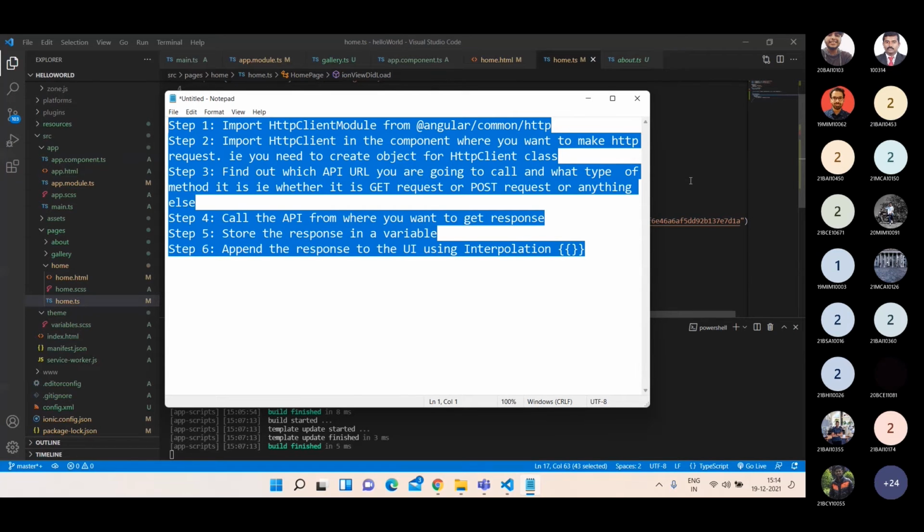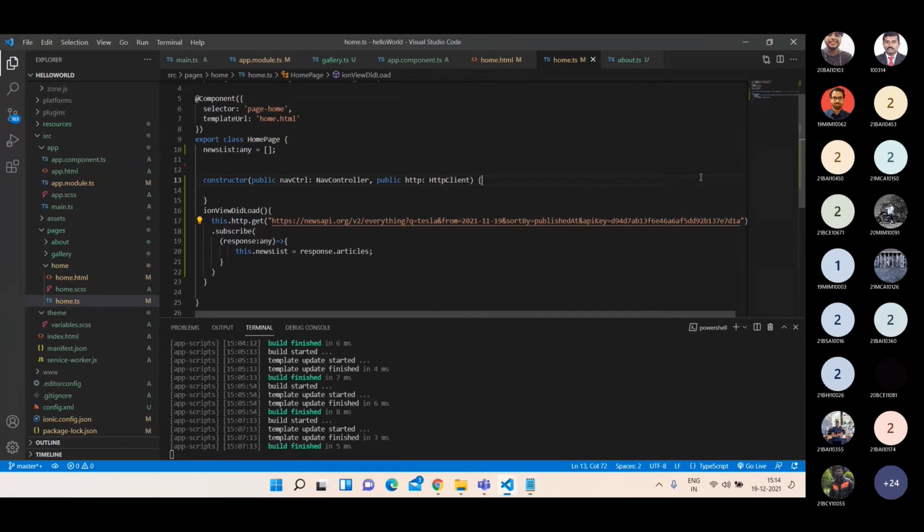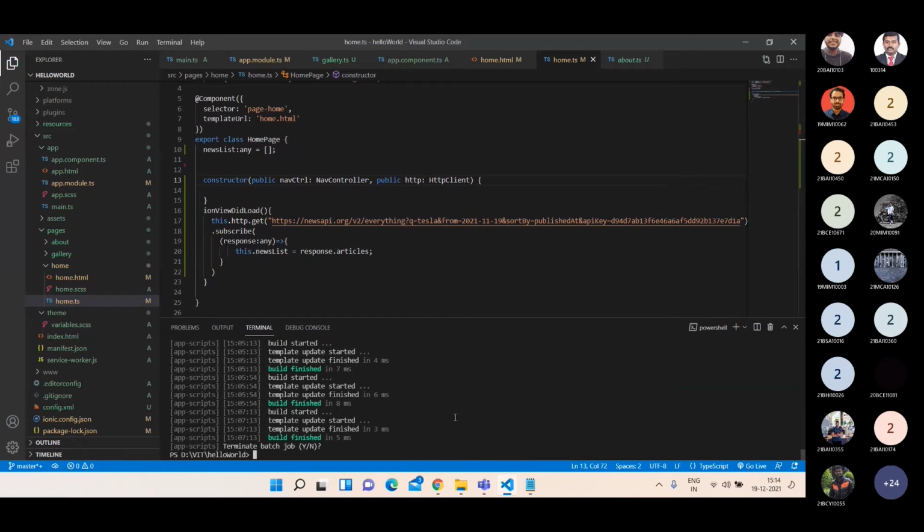Okay. So if you want to create your own backend, then you can go with either Java, Python, Node.js, .NET, PHP, any backend language you like. You can create your own backend. For example, let us go in some different way. Let me create one more screen called login screen. I want to generate page login. I'm creating a login screen.